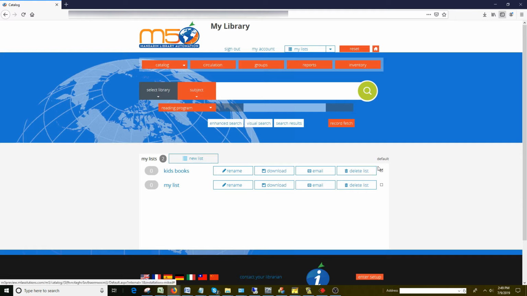And this is important because when you go to add books into a list, it's going to be added to the one that is selected as the default list. If you want it to be added into the My List instead, then you would put a check mark next to that list. So now that I created a list called Kids Books,